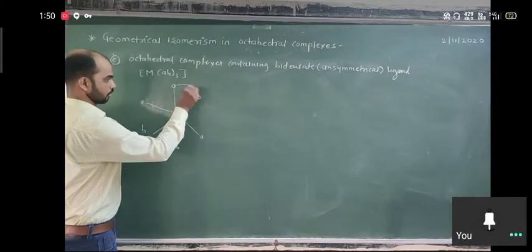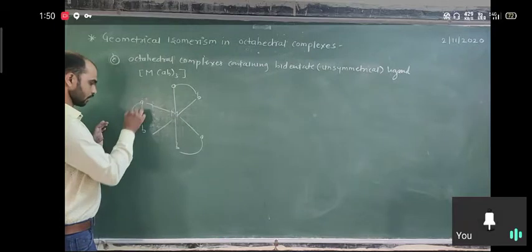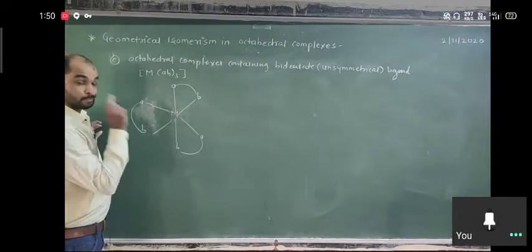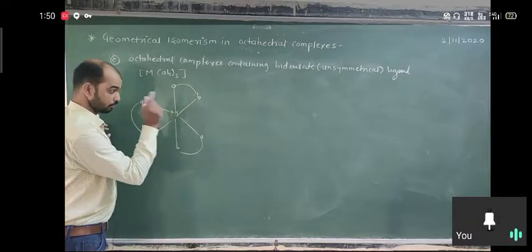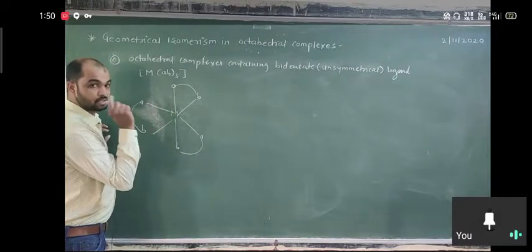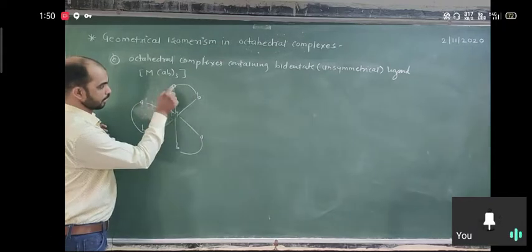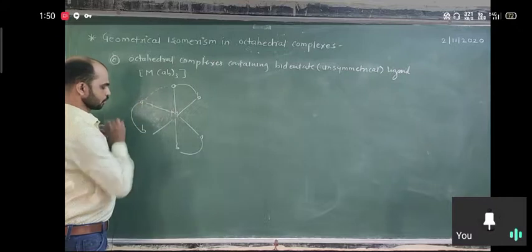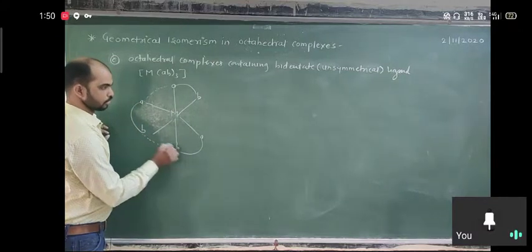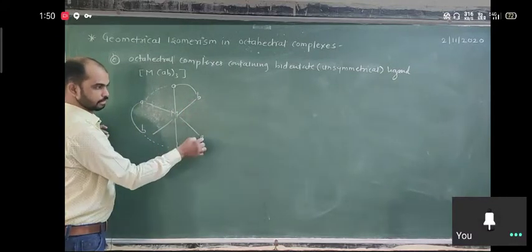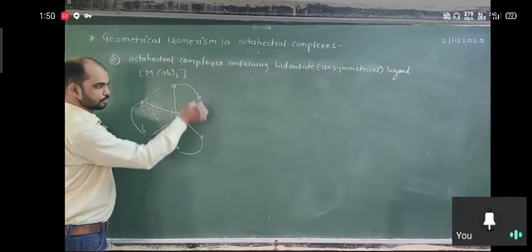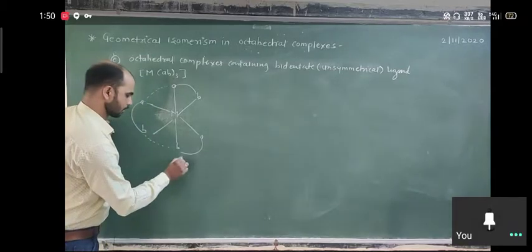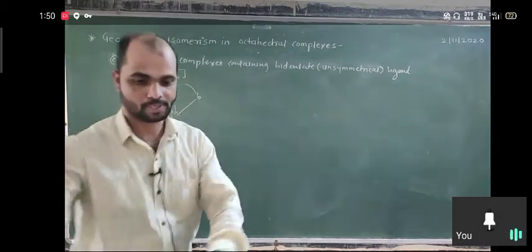So you first connect them with each other. All positions are not cis, but out of three orientations, two orientations are cis. This A and this A are cis to each other, this B and this B are cis to each other, but here there is no similarity. Here is a cis, here is the cis. That means the complex is the cis isomer. And for trans,